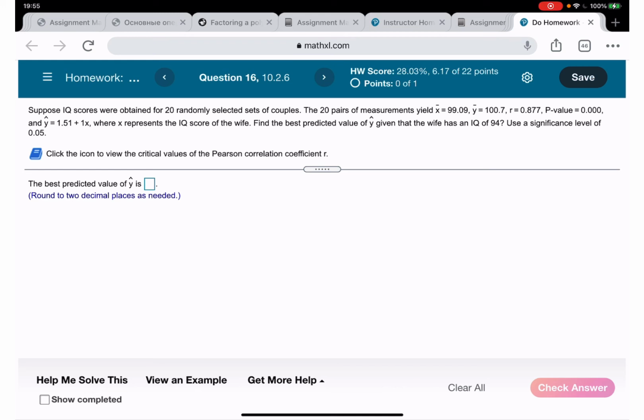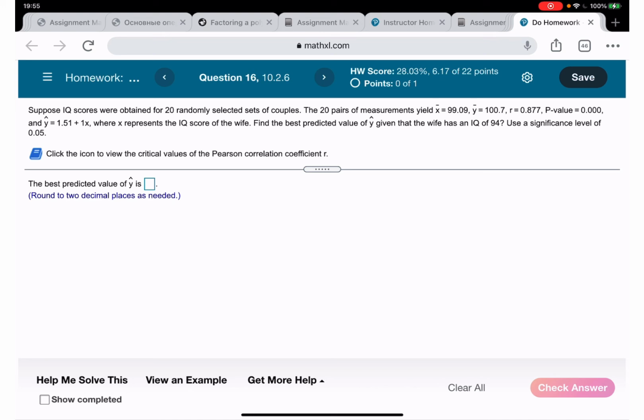The 20 pairs of measurements yield X bar equal to 99.09, Y bar and so on, and R equal to 0.877. The P-value and everything else is given, where X represents the IQ score of the wife. Find the best predicted value of Y hat given that the wife has an IQ of 94. Use significance level